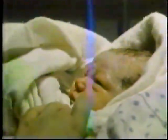The birth of a baby is one of life's most extraordinary events. And now, modern photographic